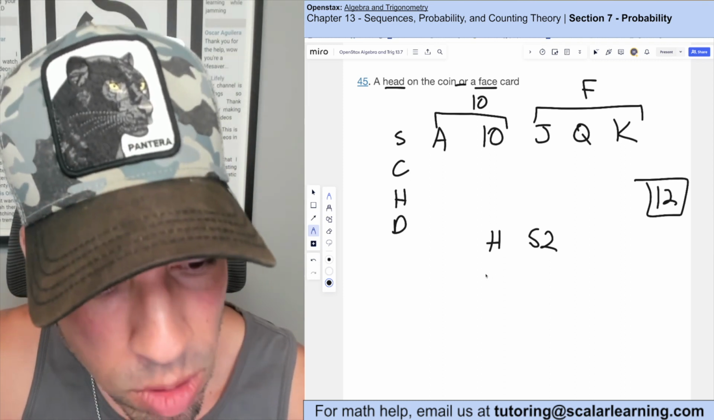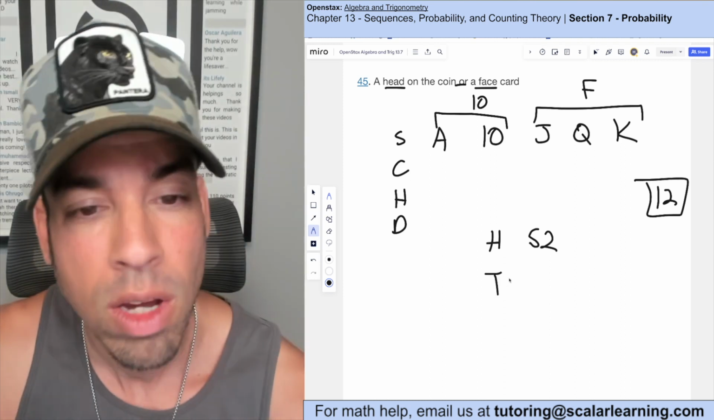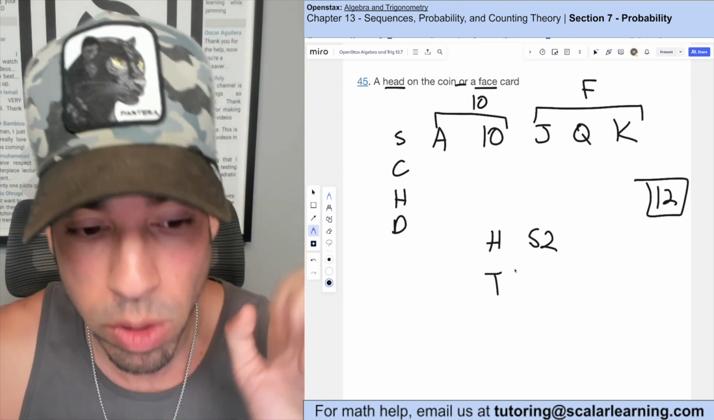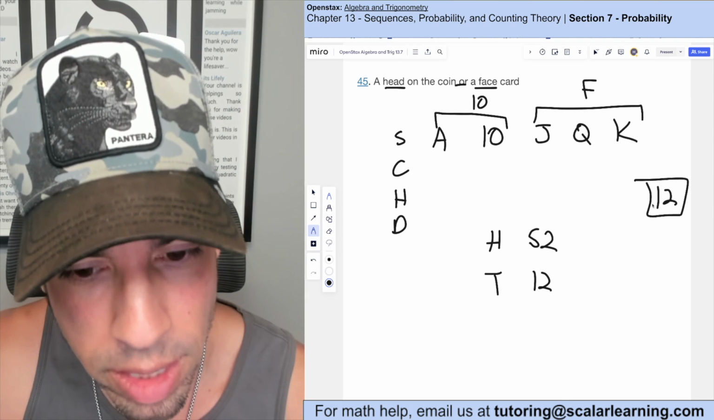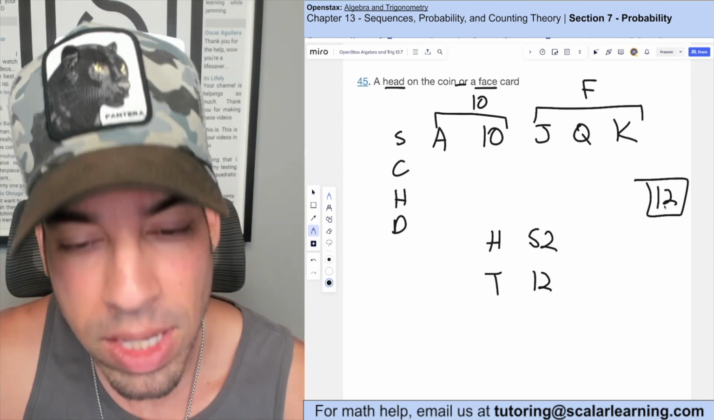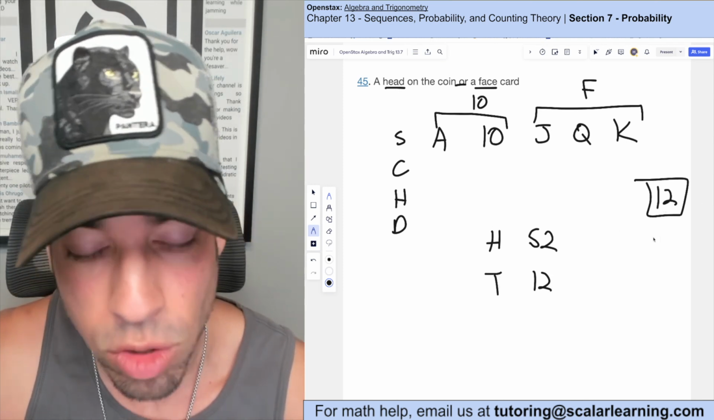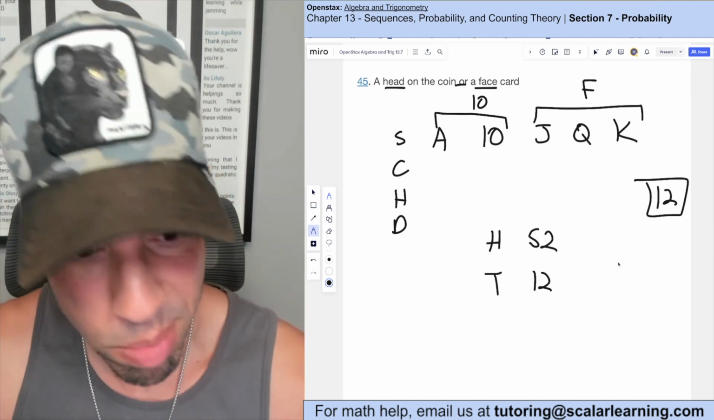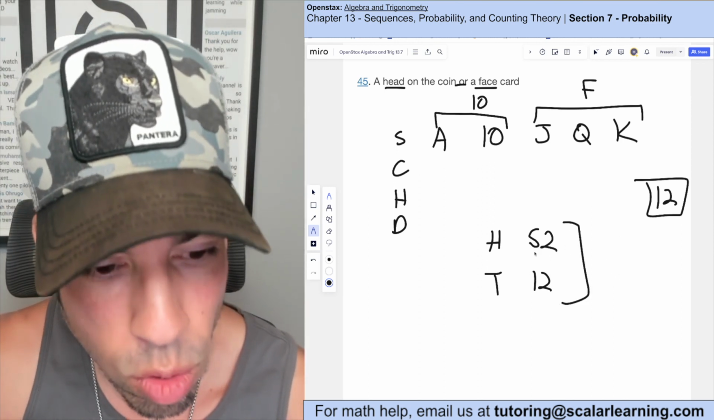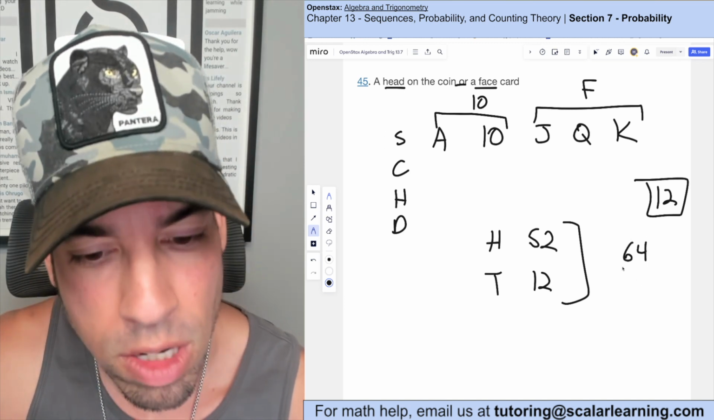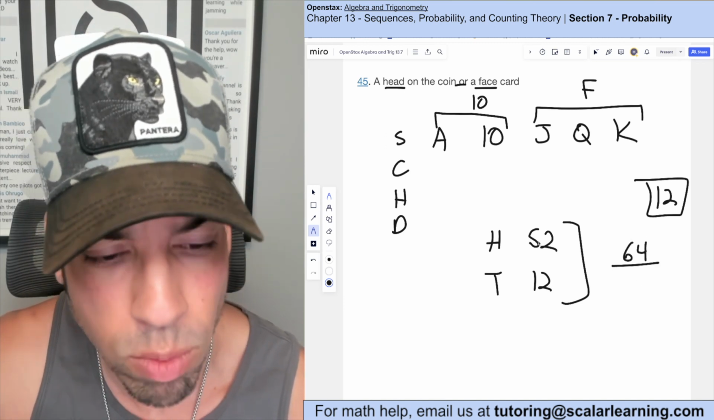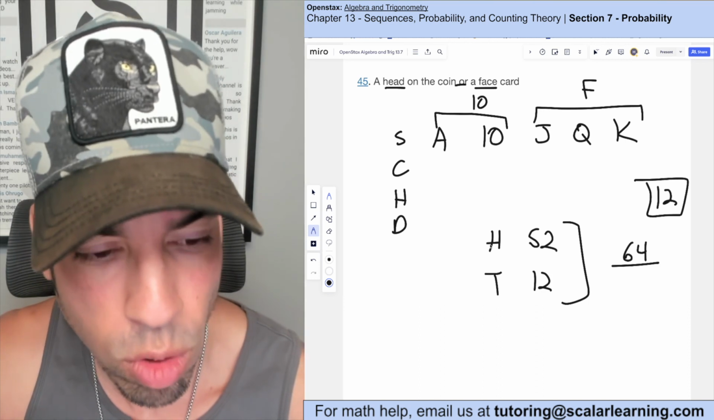Then we have the possibility of getting a tails. Now, if we get a tails, we have to get a face card to qualify as quote-unquote winning, right? So since we know that there are 12 ways to get a face card when we get tails, because there's only 12 face cards in the deck, 3 per suit, this is our total ways of winning, 52 plus 12, which is 64. So it's going to be 64 out of a total of, once again, 52 outcomes total for heads and tails,